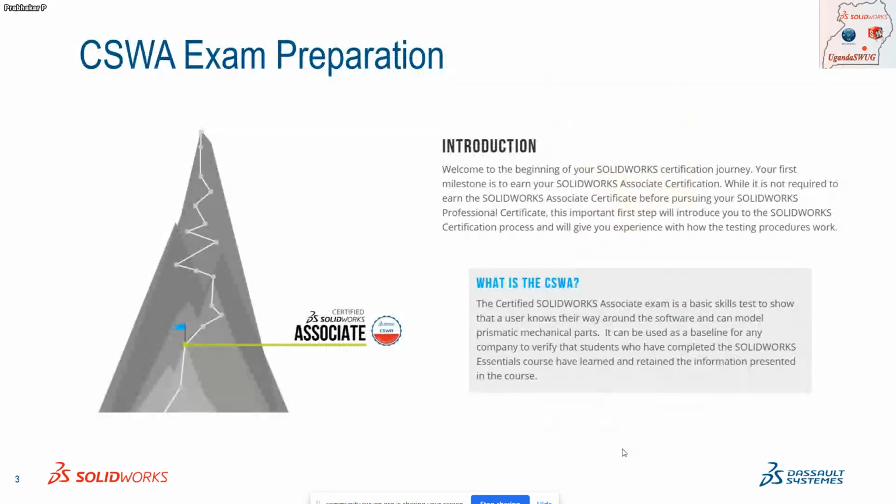Starting with the exam preparation, CSWA is the Certified SolidWorks Associate exam. It's the very basic, entry-level certification in SolidWorks.